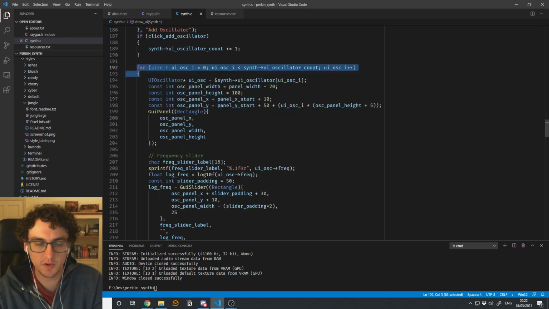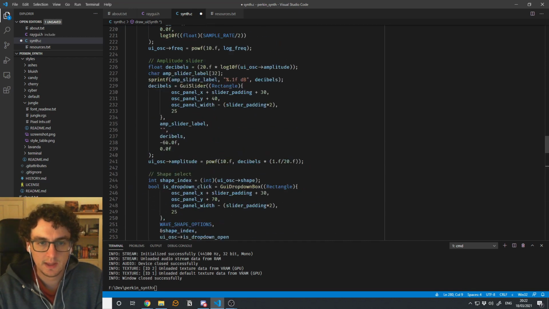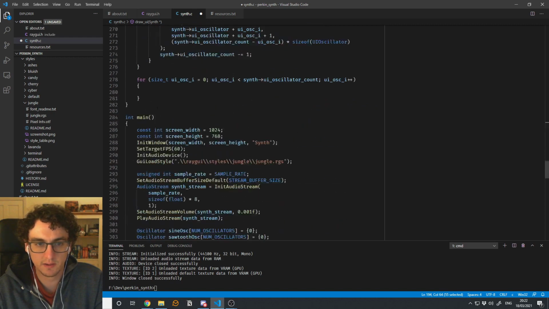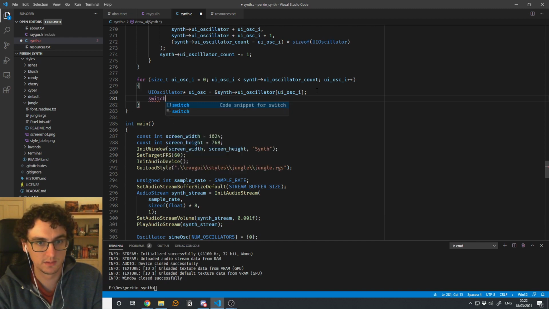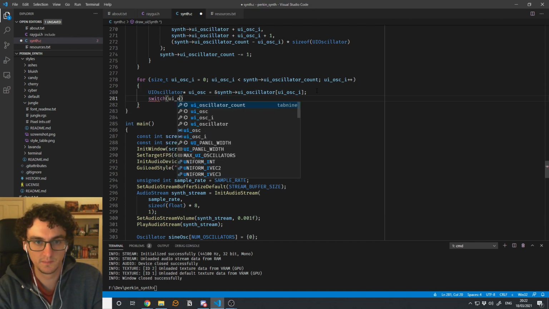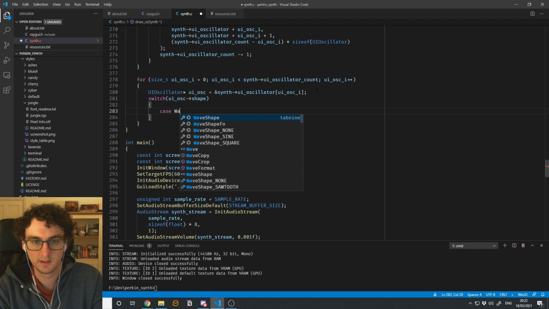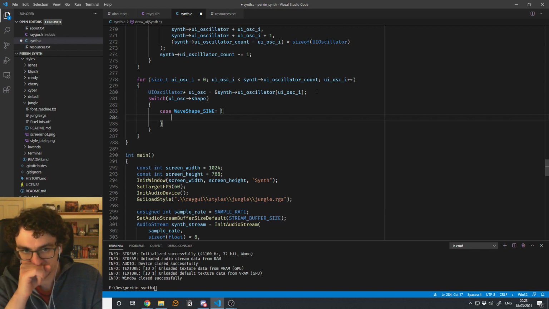I mean, we could do it in the same loop, but I'm just going to make another loop here, just in case, because I have a feeling we're going to end up refactoring this code anyway. But I'm going to get an oscillator, and then what we'll do is a switch statement. Say UI oscillator shape. And we'll do case wave shape sine. So if it's a sine wave shape, we need to